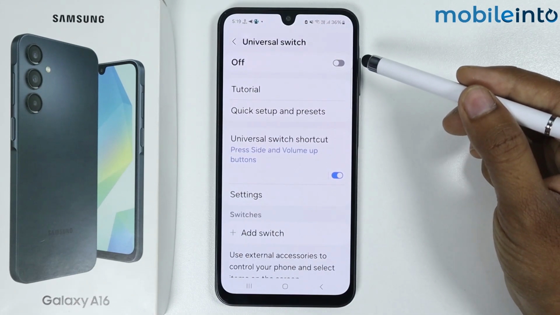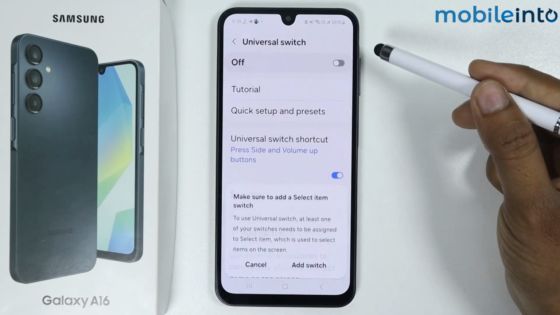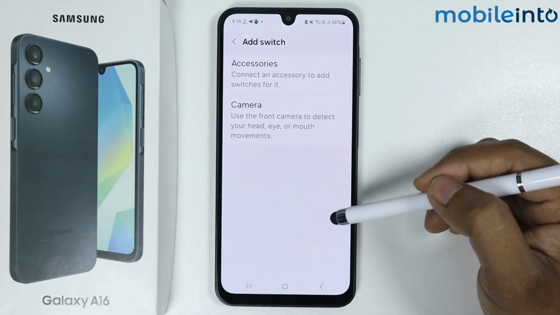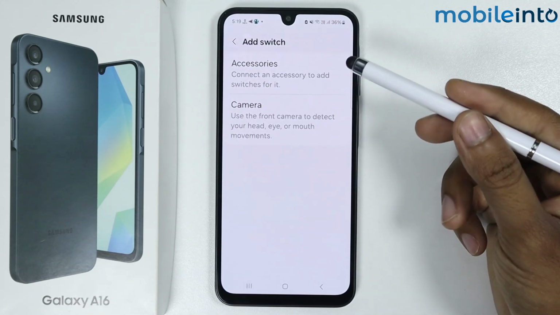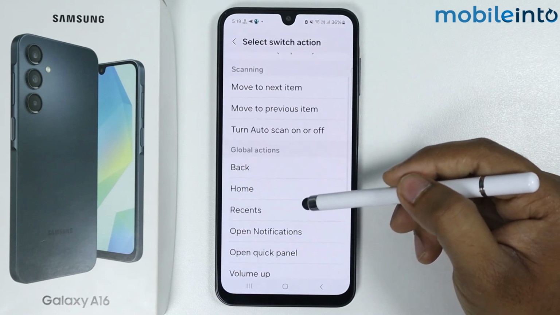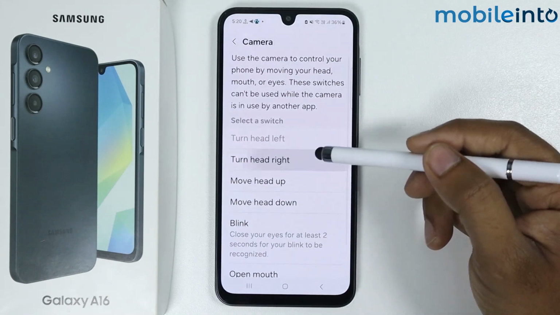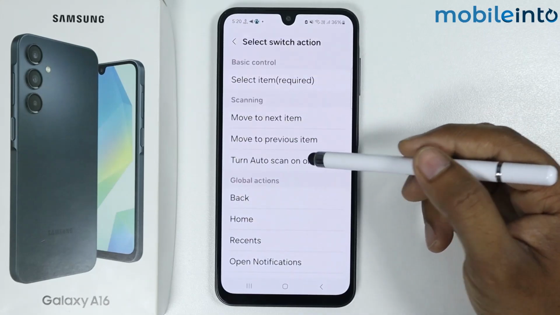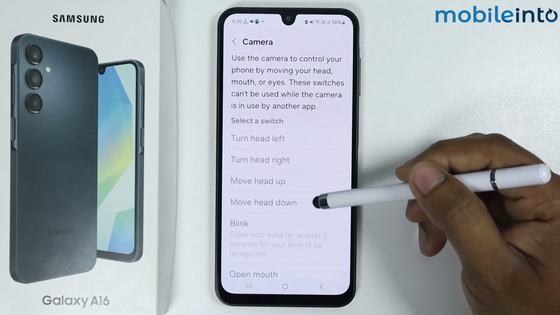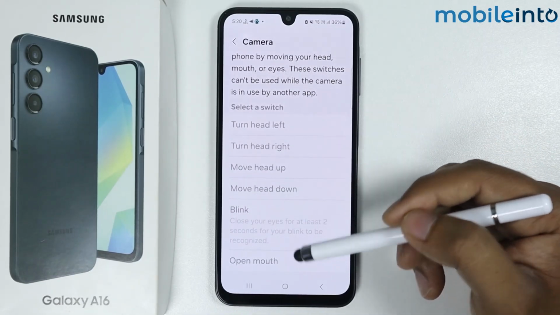Now to enable the universal switch, tap on this toggle, tap on add switch. It is saying two options. I will select any random. I have set up all of these options. Now I will simply go back